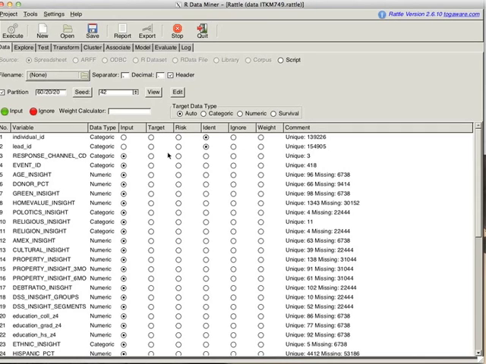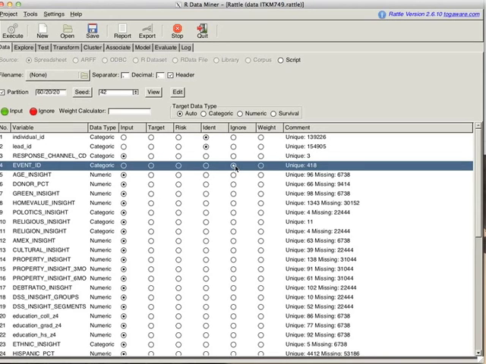So the first thing that I'd like you to do is go to variables to exclude. One thing is the event ID. I'm going to ignore this variable. Again, there are just way too many values, and the nature of the event ID doesn't really lend itself very well to modeling. Therefore, we are going to go down here